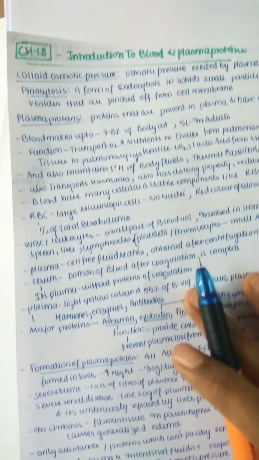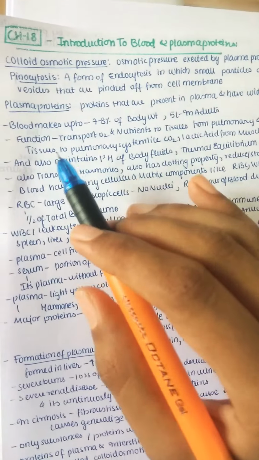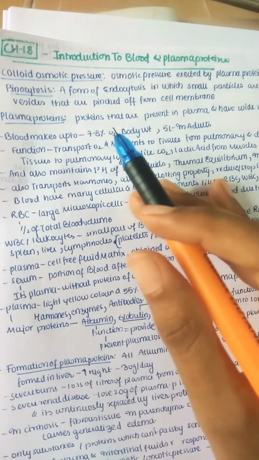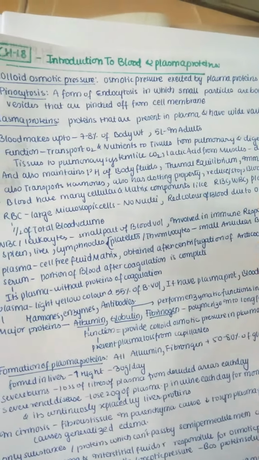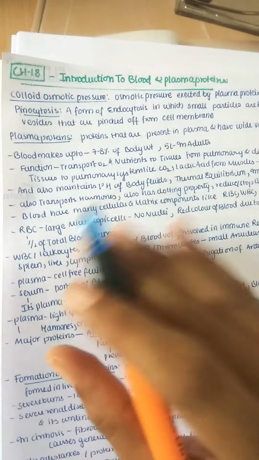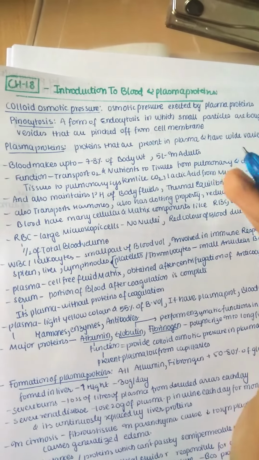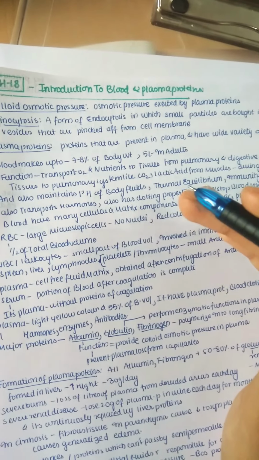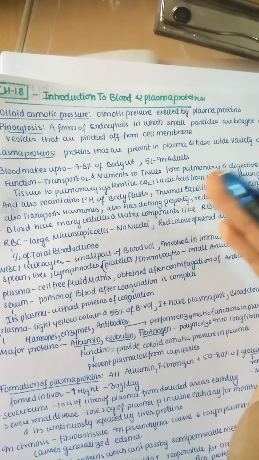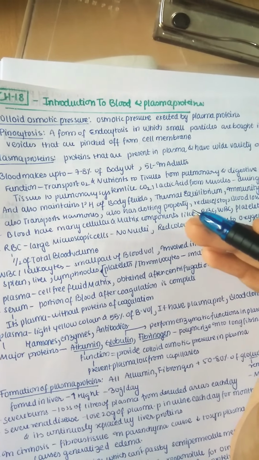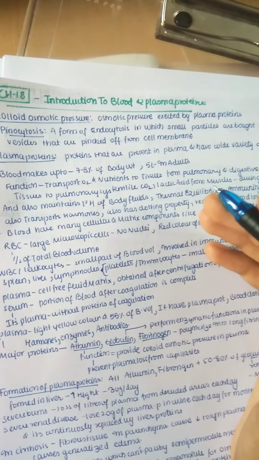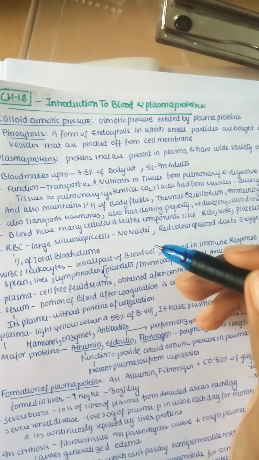And now let us see plasma proteins. Plasma proteins are nothing but proteins which are mainly present in plasma, hence the name plasma proteins. Mainly about our interstitial fluid, our extracellular fluid. Extracellular fluid is mainly having plasma fluid, which is present in our blood, and we have our interstitial fluid which is present in between the cells. Inside the cells we have intracellular fluid.